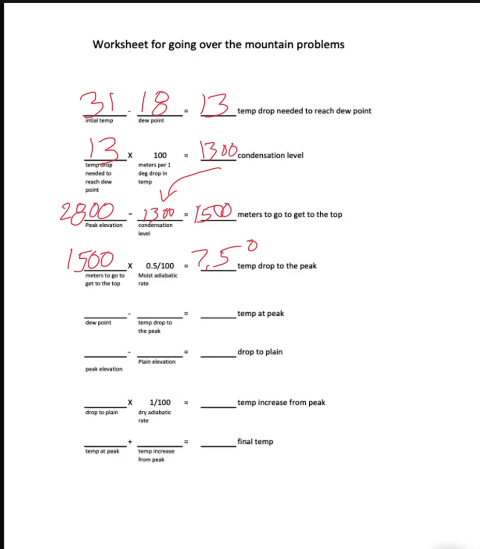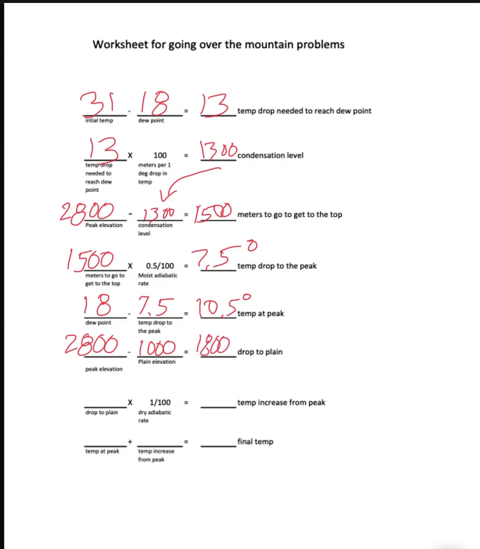So remember, our dew point is 18, and that's where we were at. So if we subtract another 7.5, that gives us a temperature at the peak of about 10.5 degrees. And if the peak elevation, as we said, was 2800 meters, and let's say it's going to descend on the other side to a plane that is at an elevation of 1,000 meters, then that's a drop to the plane of 1,800